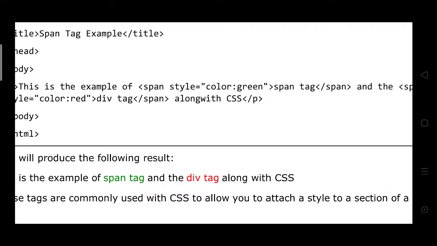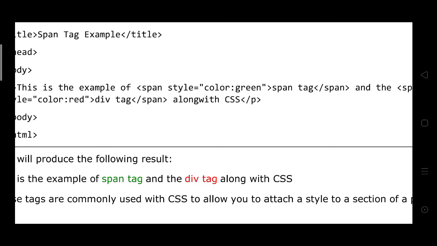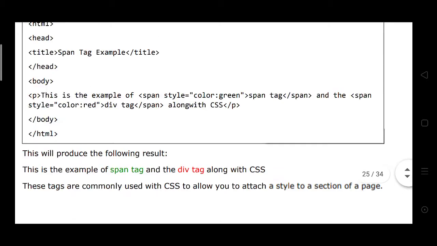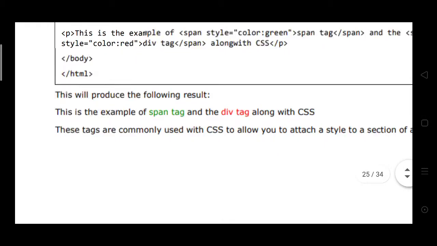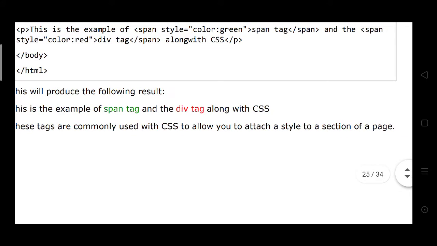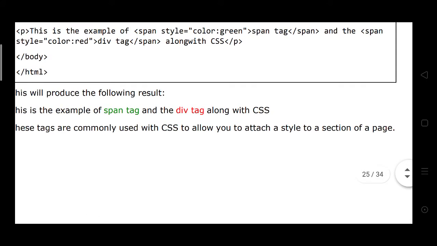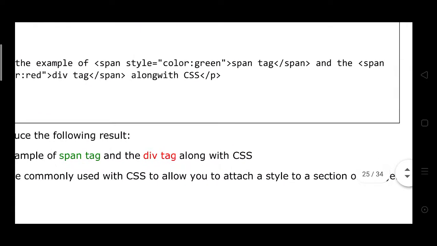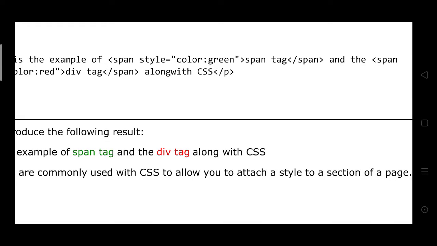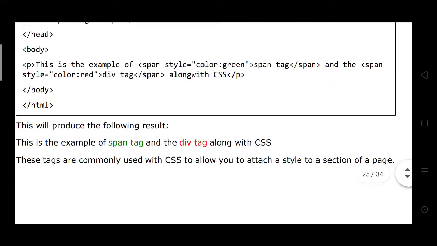The color is the value of the style, and the value is written within double quotes. Then it follows the result. This is the example of the span tag and the div tag along with CSS. Here the span tag is given green. The color can be given as text, integer, or hexadecimal also.